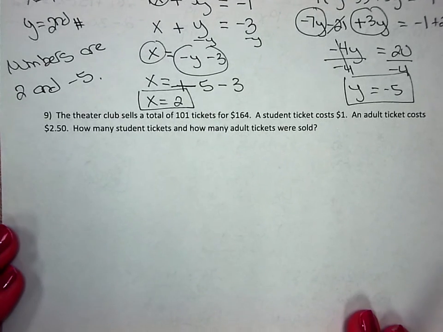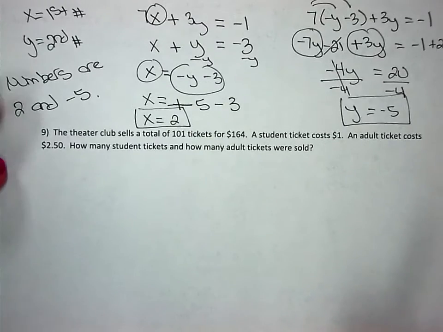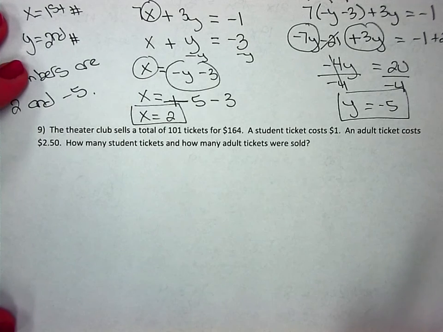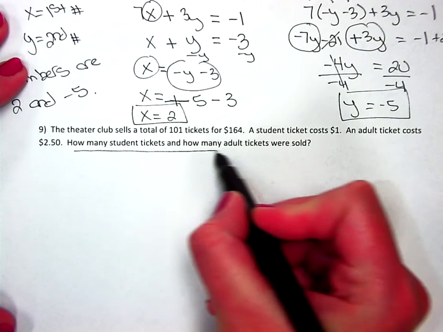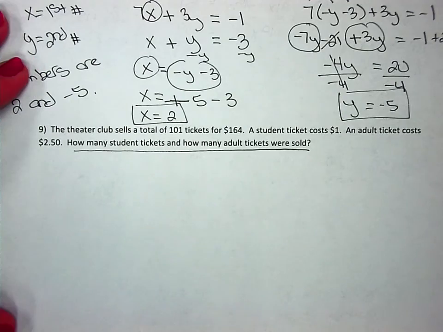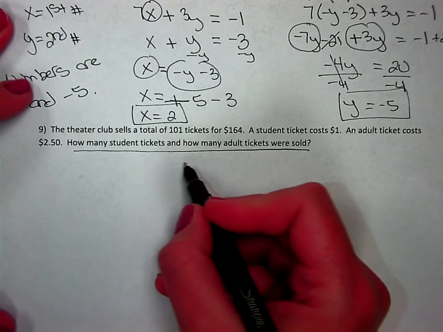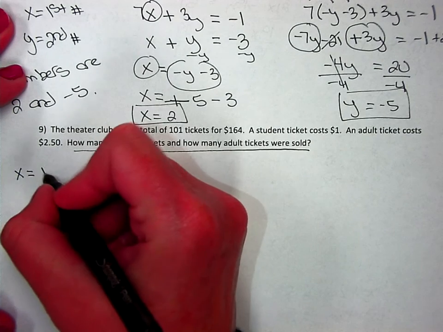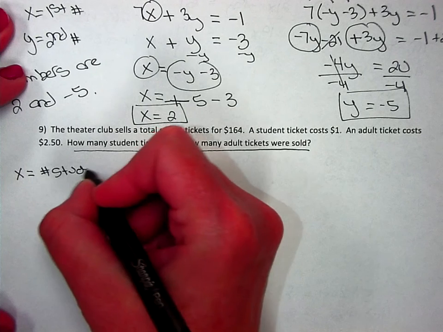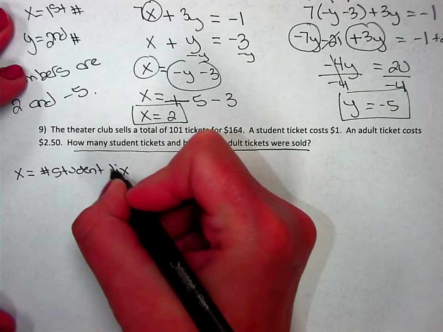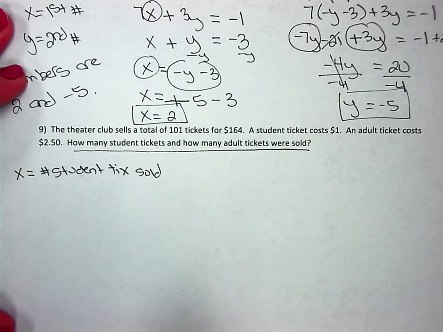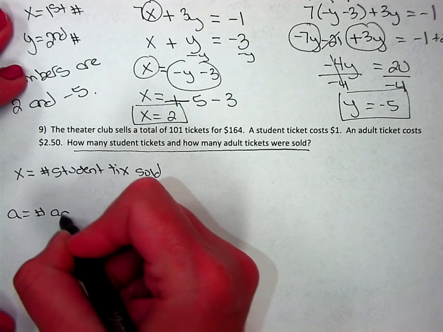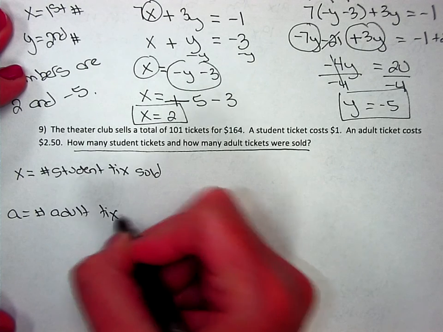All right, this last one. So we have some theater tickets being sold. I have tickets, I have money, I have everything here. How many student tickets, how many adult tickets were sold? All right, so that tells me how to set up my variables. So x is going to be the number of student tickets sold, and A is going to be the number of adult tickets